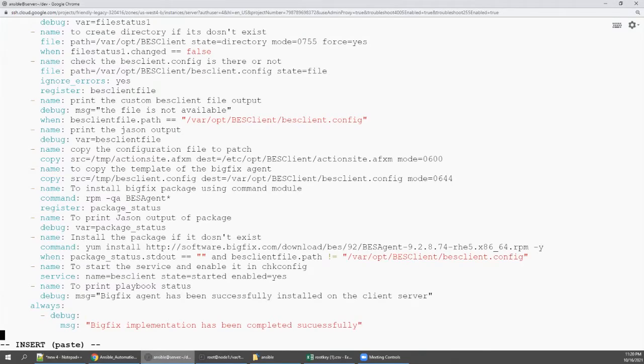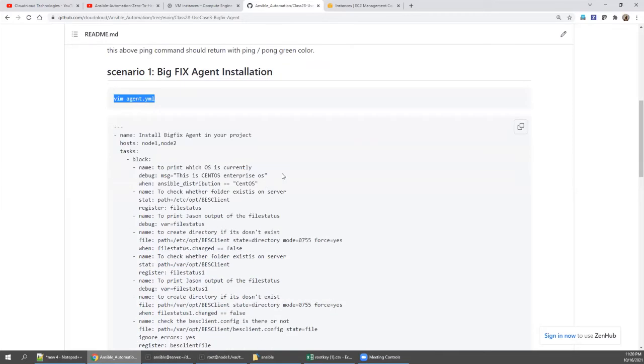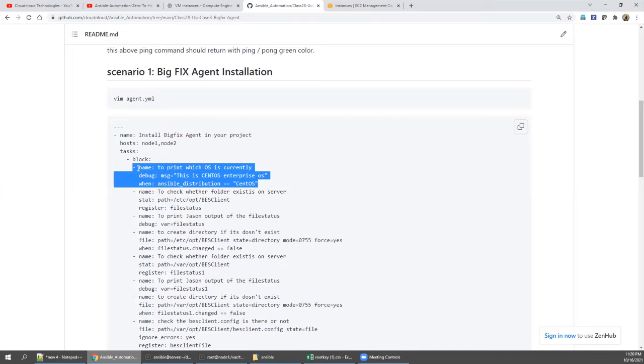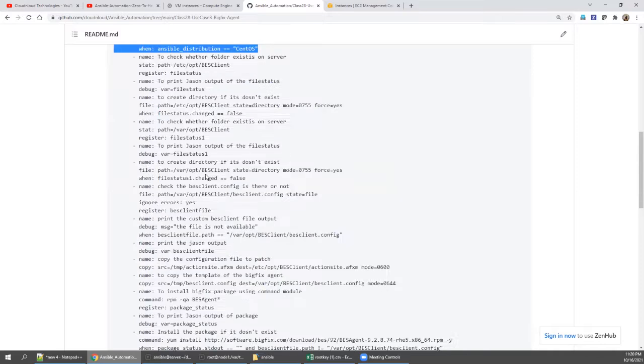In this playbook, the first thing to note is that block, rescue, always is preferred. Before going all in, first of all, I want to decide what kind of servers I have. I have CentOS and Ubuntu in my infrastructure.